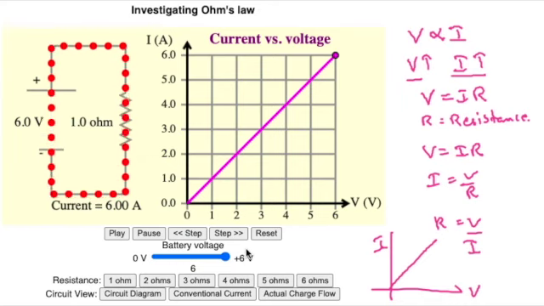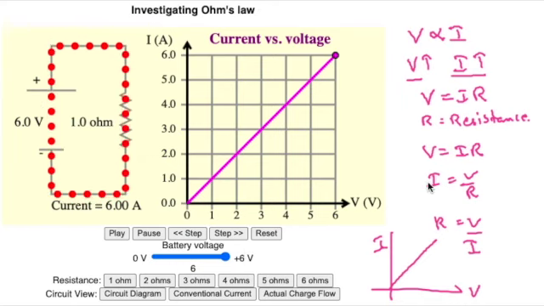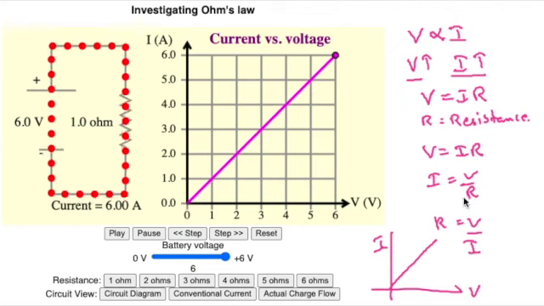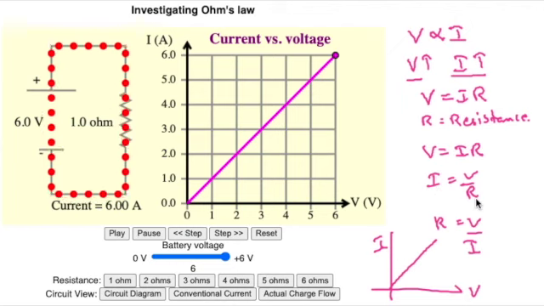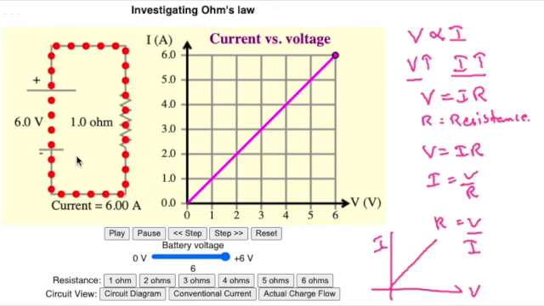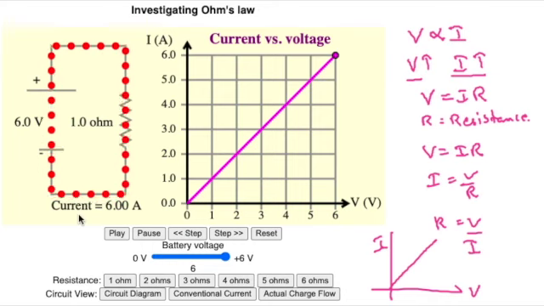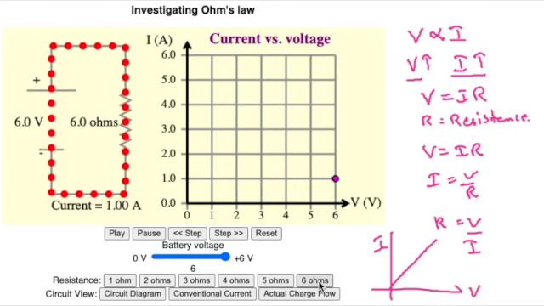As we all know, when the resistance decreases, more current will flow. So current versus resistance, if you observe here, the current is inversely proportional to the resistance, which means if the resistance decreases, the current increases. That we can also observe here. For 1 ohm, the current is moving faster than, let me say, 6 ohms. So see here.